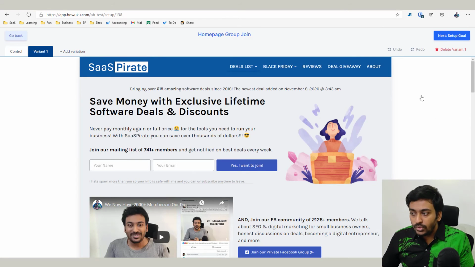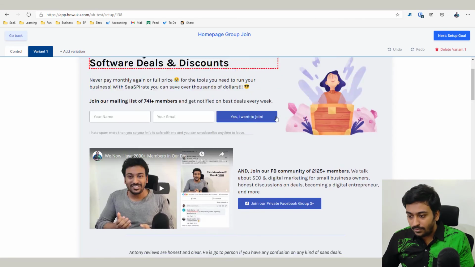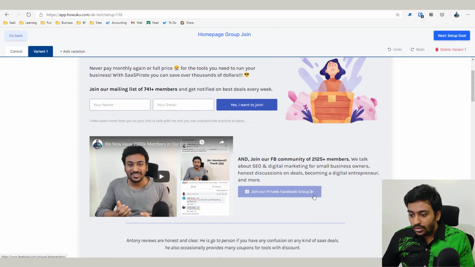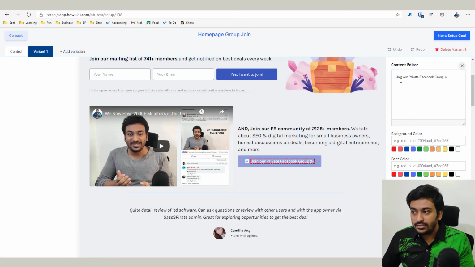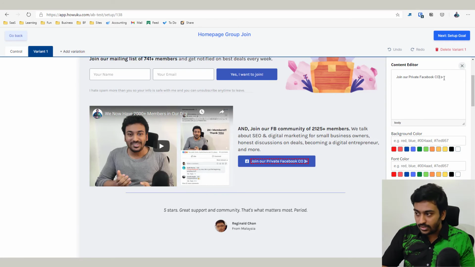And now the cool thing is, you can see as soon as I hover over elements, it will keep on highlighting, because I can select a specific element and I can edit it. For example, if I come here and click on this button, you can see it shows the text. It does not only work for WordPress, it works for all of them. For example, "Join our private Facebook group." Instead of group, I want to say, let's say, community,